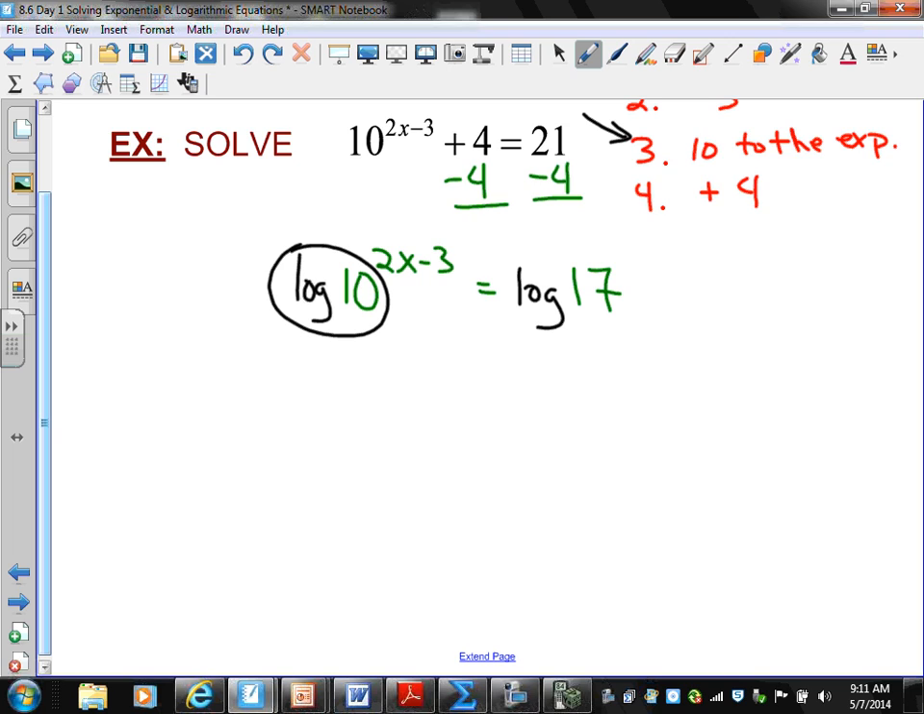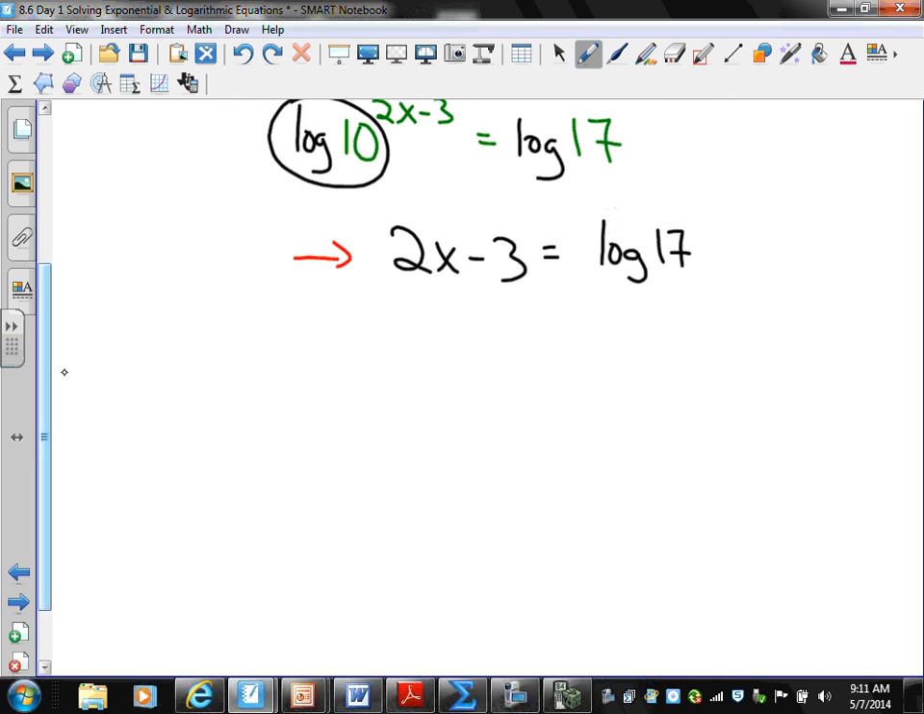And I'm left with 2x minus 3 on the left side equals the log of 17. Okay, and now I'm just going to keep on unwrapping this left side here. I'm going to add the 3, I'm going to divide by the 2, and everything hopefully is going to work out really nicely here. A little note to look out for as I work through this